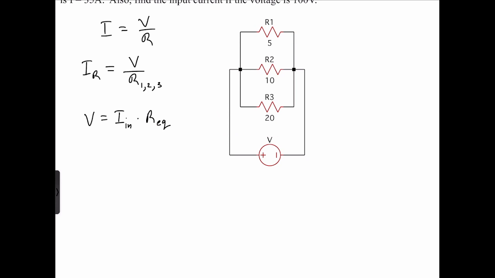So the formula for R equivalent for three resistors in parallel is the multiplication of all three, R1 times R2 times R3, divided by